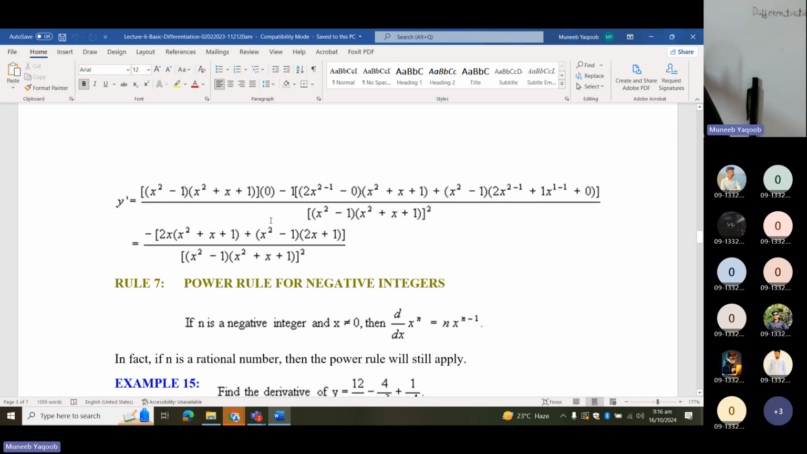And in the denominator, we will basically write the square of v, so it will be x squared minus 1 multiplied by x squared plus x plus 1, whole square. So here you can see that we are using the product rule, and we are overall applying a quotient rule, because the function was 1 upon bracket of x square minus 1 into x square plus x plus 1. Okay, so this is a bit difficult question, but we seldom